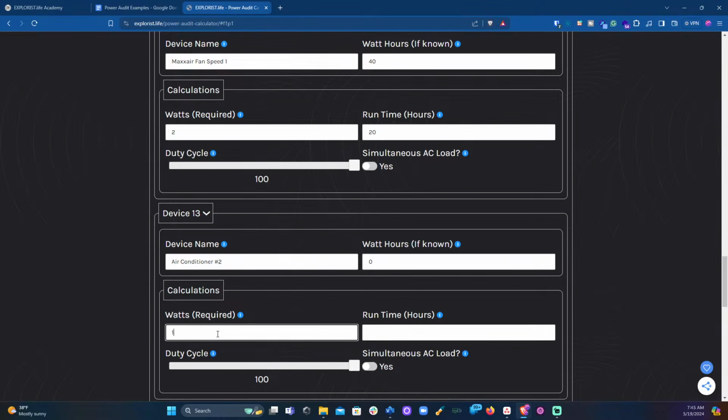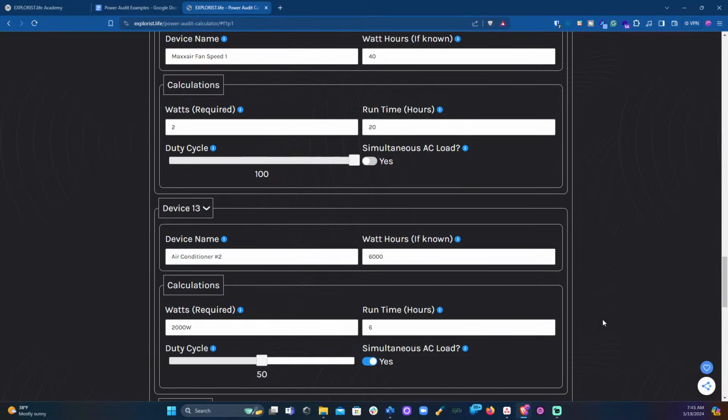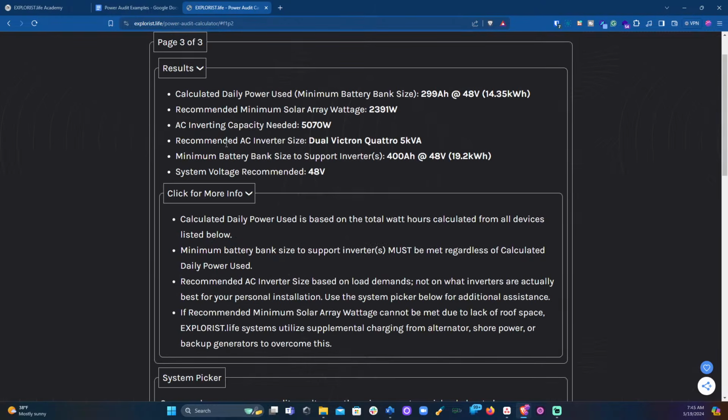Watts, an additional 1,300. Let's actually say this is a bigger air conditioner, 2,000 watts. Runtime, 6 hours. Duty cycle, 50 minutes. Simultaneous AC load on. So we really need some substantial battery capacity at this point. This is an off-grid cabin or whatever the case is. AC inverting capacity needed. So this is recommending now a dual Victron Quattro 5 kVA system, which needs to be